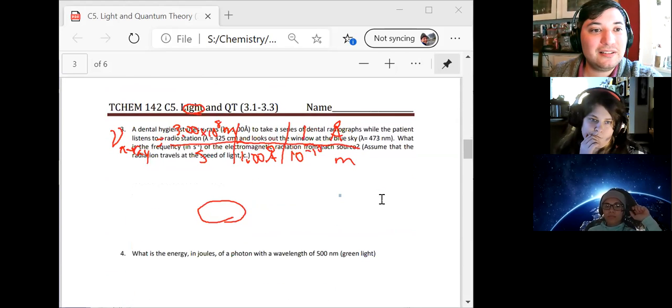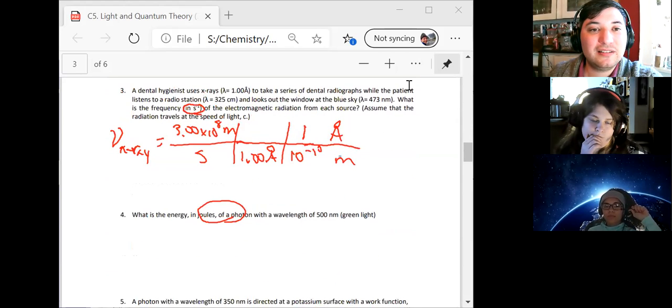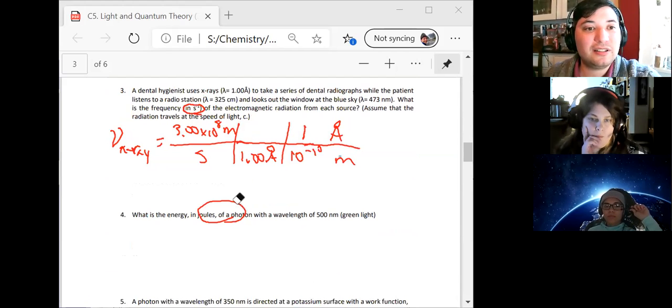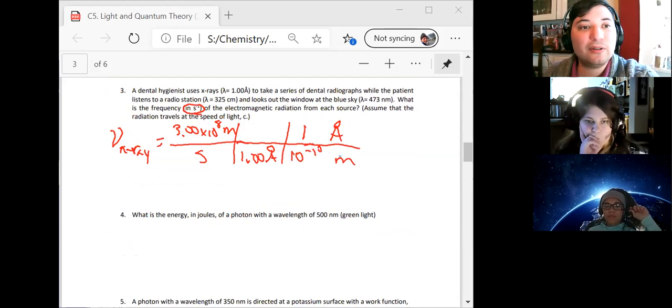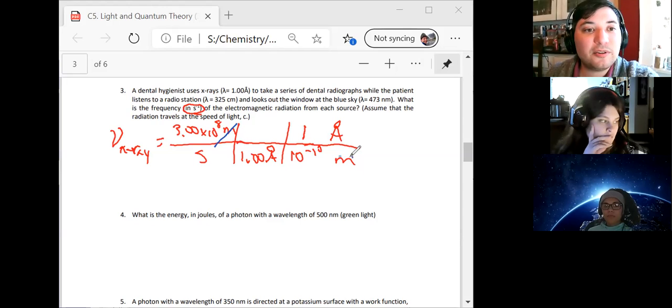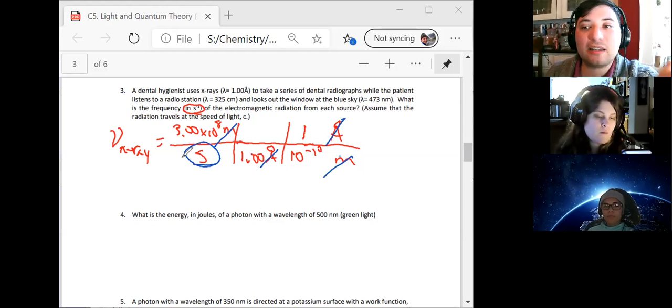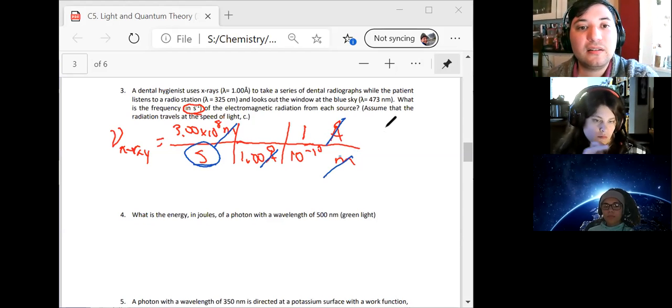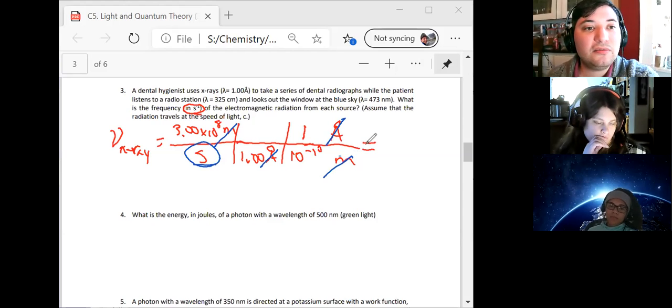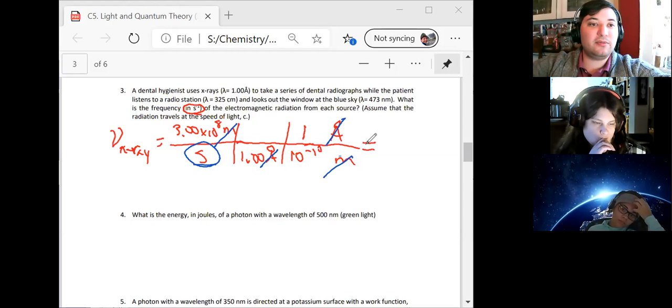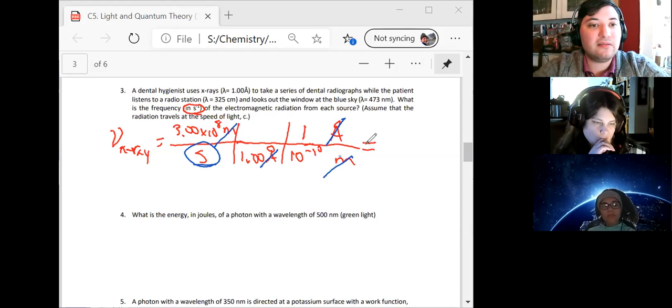So that means 1 angstrom is 10 to the -10 meters. Scroll back down. Okay, don't need that anymore. And now if we look, meter cancels out with meter, angstrom cancels out with angstrom, and all we're left is seconds on the bottom per seconds. So we can go ahead and solve now. So if we take 3 times 10 to the 8th and divide by 1 and then divide by 10 to the -10, we will get